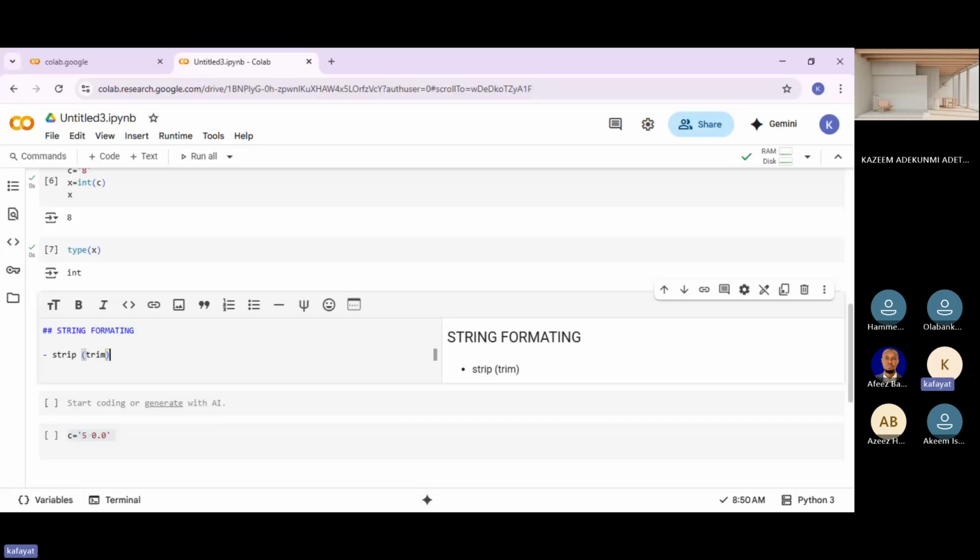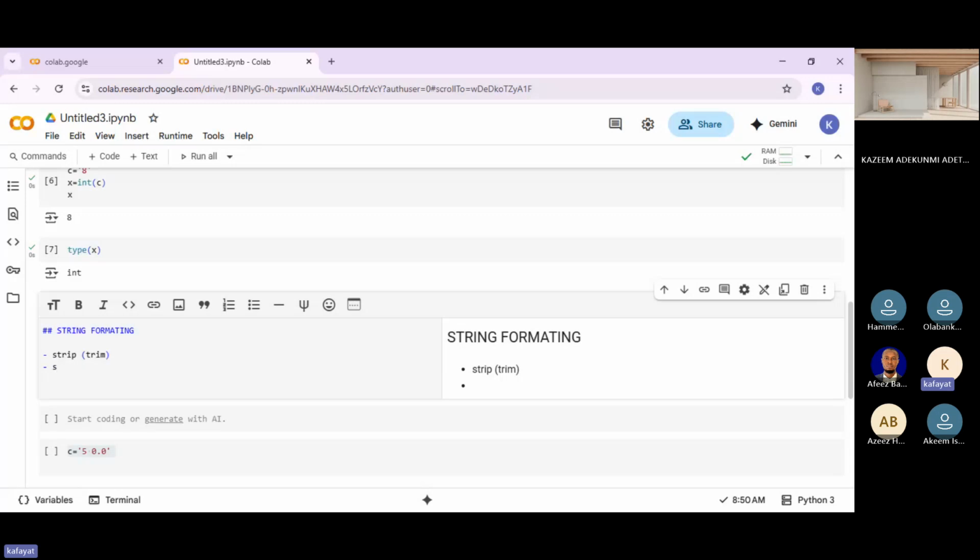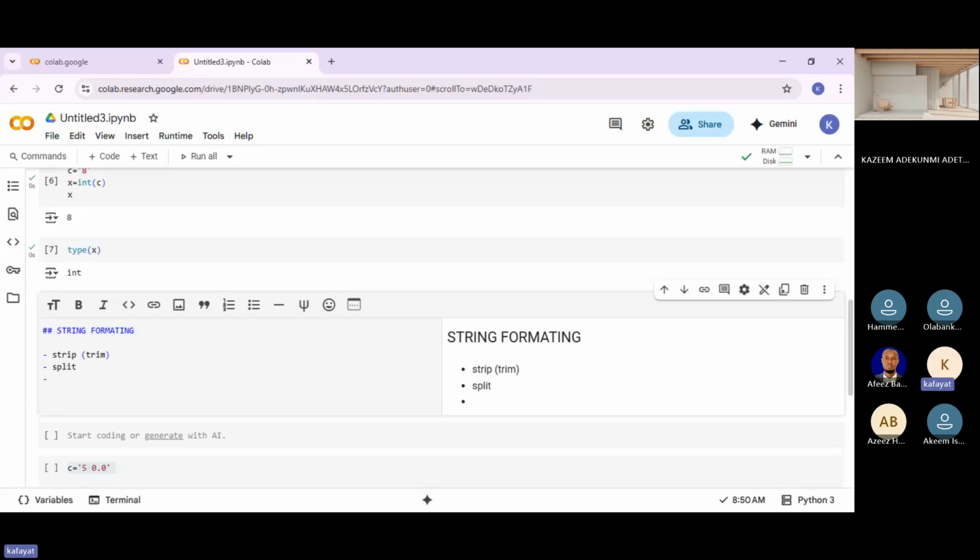In Python, we use strip; in Excel, they use trim. Are you getting it? Yes, ma'am. Now, we have something we call split. We have something we call upper, that is case: upper, lower.